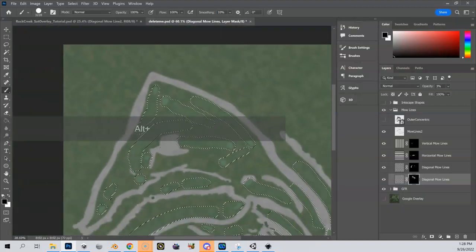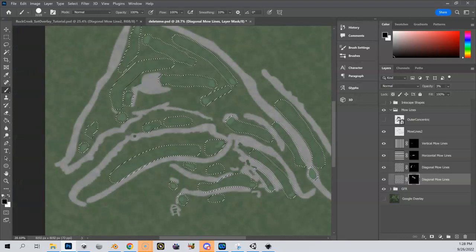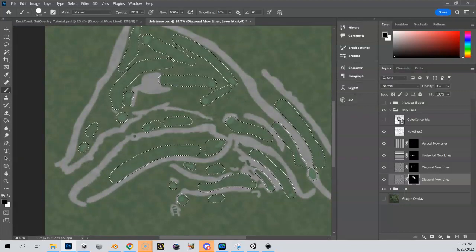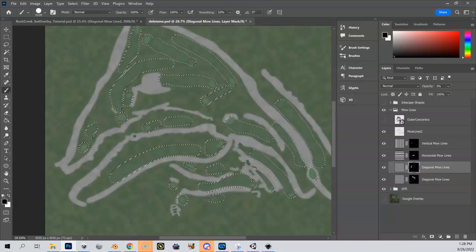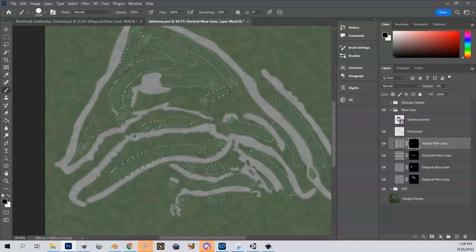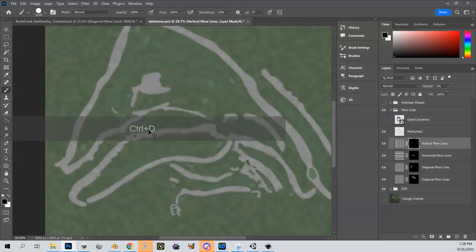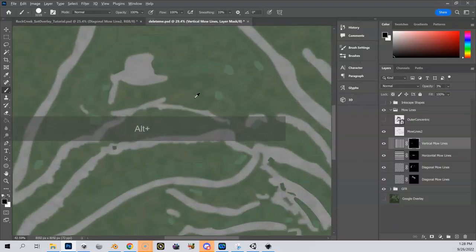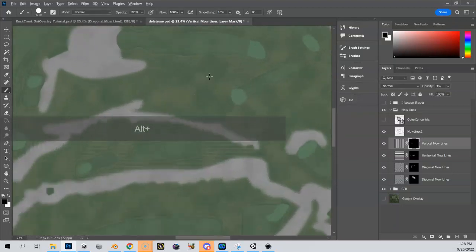So I'm actually going to do this across all 4 of these really quickly. Let me just take this, drag it there. I'm going to do the same thing for my diagonal mow lines here. Do that over. My horizontal mow lines, put that here, and then we'll zoom in and I'll show you what this is going to look like. So now I can do Control D to unselect. And now when I zoom in here,